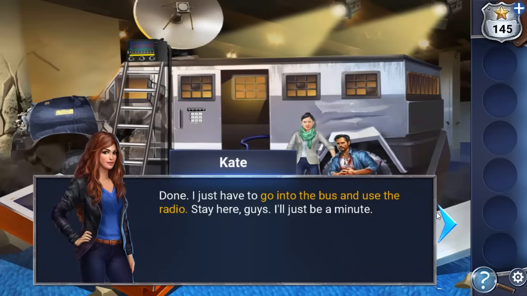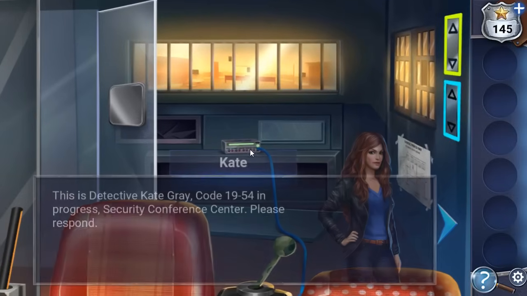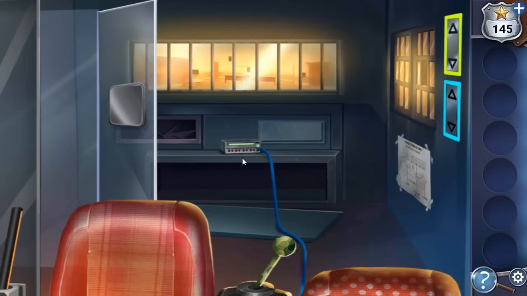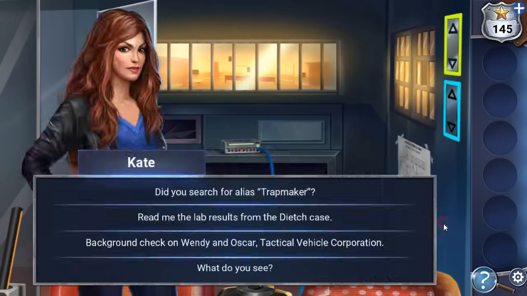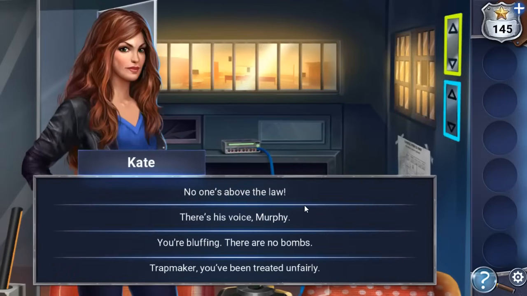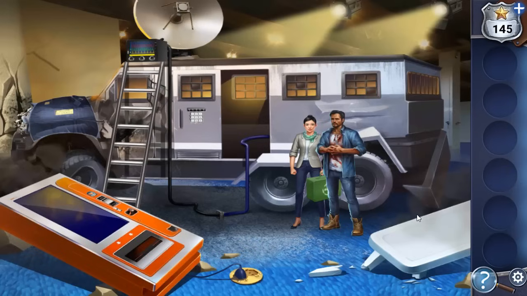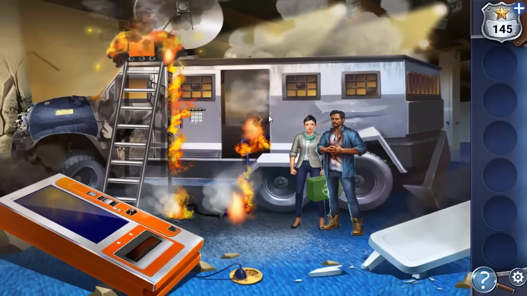And then here's the dialog with the Trapmaker. First we need to go to the radio and talk to him. So on the radio we can talk to Murphy first, but then let's talk like that. And then with the Trapmaker here, we need to select this answer, and then finally with lots of dialogue we are stuck in the car,